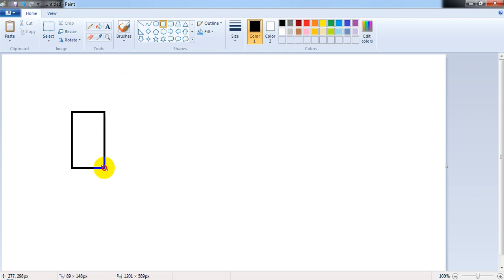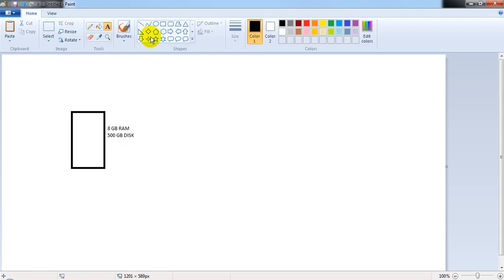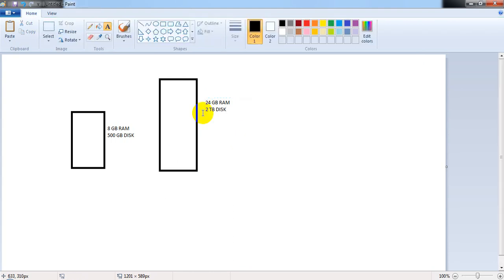Now let's assume there is a way wherein your previous system, that is your 8 GB RAM and 500 GB disk, and along with that we also have a bigger machine, that is 24 GB RAM and 2 TB hard disk. So both these machines are working together. Let's assume that. So if there is a way wherein both of these systems can work together,